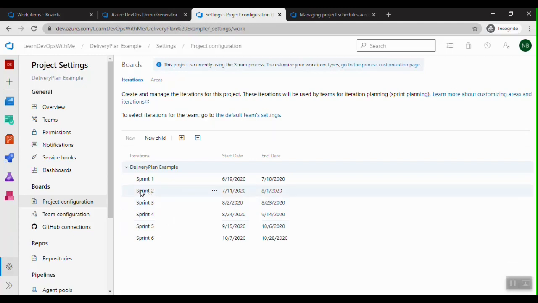So now let's say we are in sprint 2 now. Let's create one more sprint for this external team, which will be working parallelly with the delivery plan team. So I'm going to create